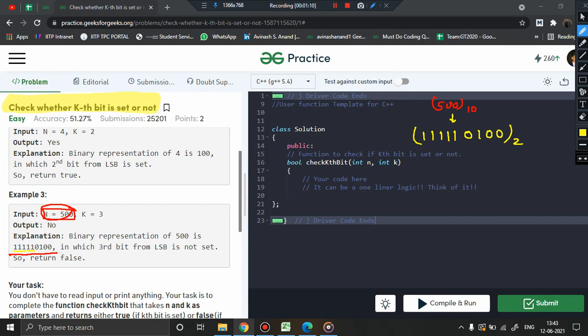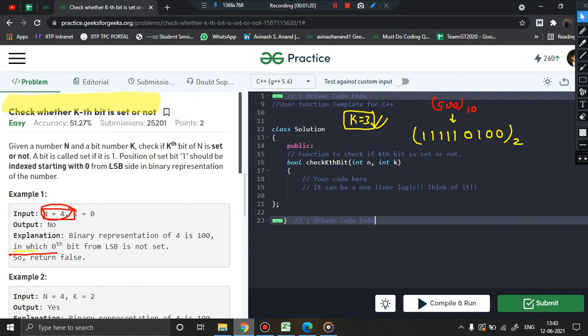Now we need to check that the value of k is equal to 3, which means we have to check whether the third bit is 1 or not. As they have clearly mentioned in the question, check if the kth bit of n is set or not, and the position of the set bit should be indexed starting with 0.